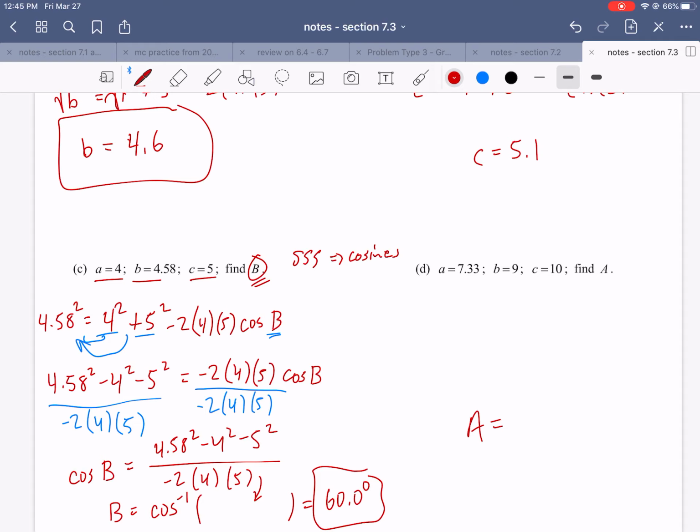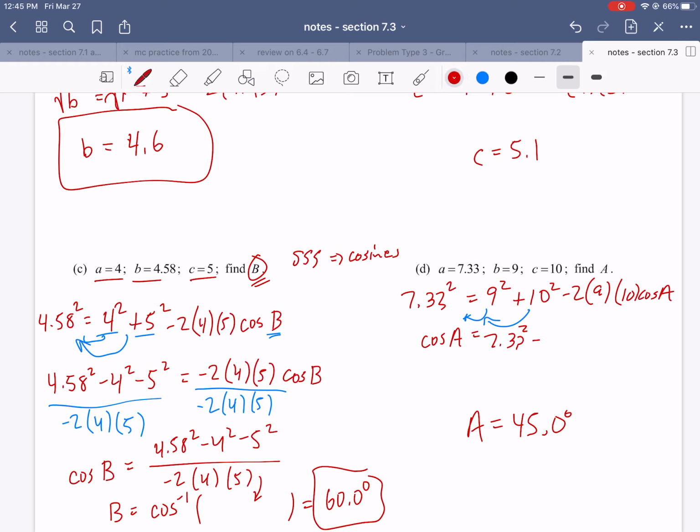Okay, on letter D, our correct answer is going to be 45.0 degrees, and this should have been your setup. You should have started on the left-hand side with 7.33 squared and set that equal to 9 squared plus 10 squared minus 2 times 9 times 10 times the cosine of A. And to get cosine of A by itself, first thing is to subtract these two things to the other side. And so that would have given you